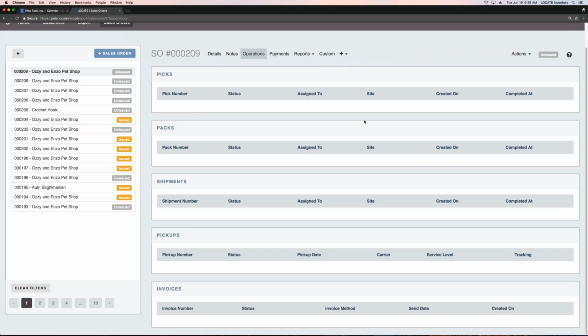This is the Operations tab. The Operations tab is extremely helpful for customer service. This is going to tell you everything that's going on for the sales order. It will show you exactly which status or which state this order is currently in, who's working on it, when